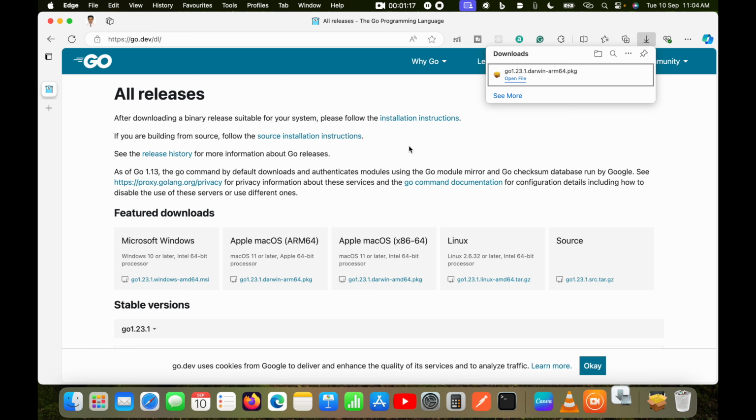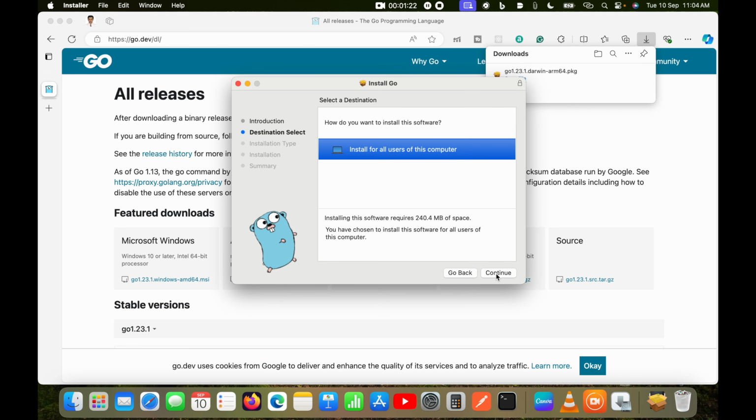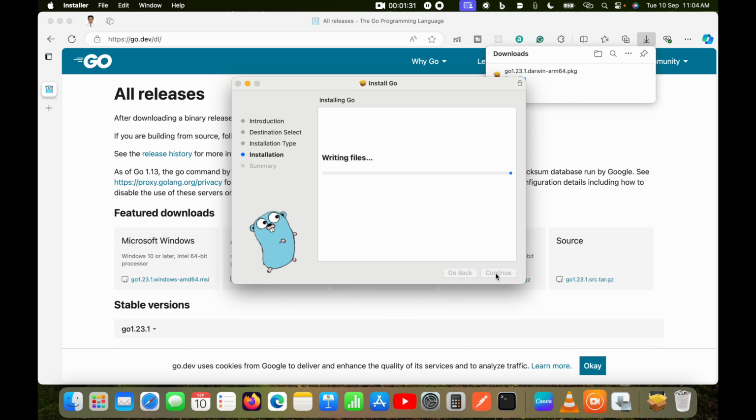I will click on the downloaded item, and it has opened the installation window. I will click continue and go, then install, put my password here, and click on install software, and then it has started installing